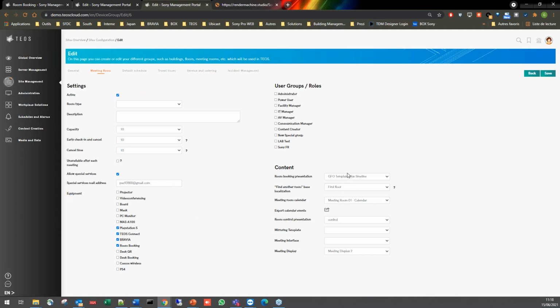here the most important part where we link the room booking interface, so the template that we just created, with this room. We can also give the find another room based localization, basically what will be shown when clicking on search for another room, the meeting room calendar that we just created as well, and that's mainly it. For the rest, we will see that in other sessions where we talk about other options that we can have